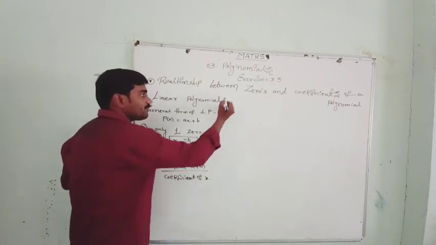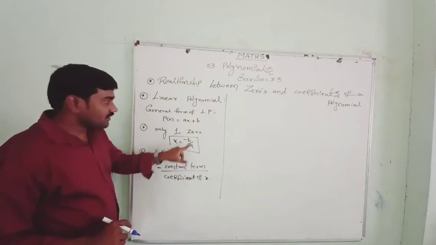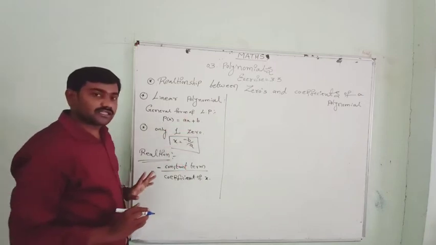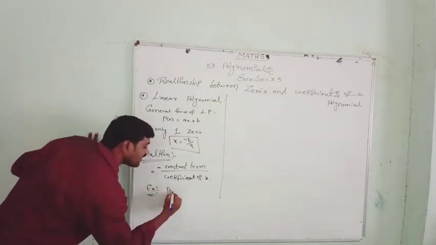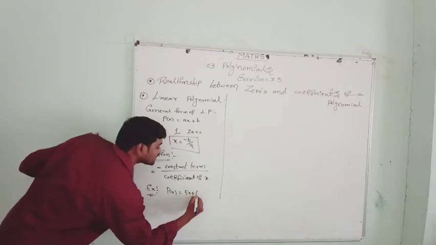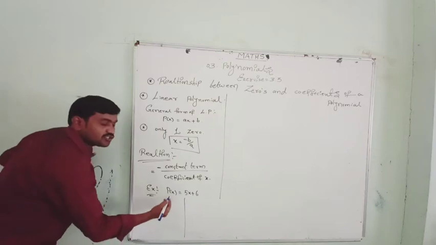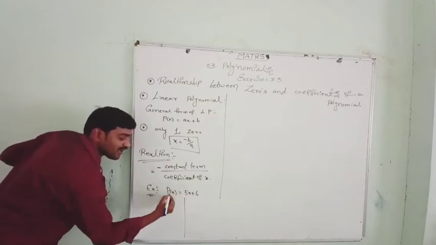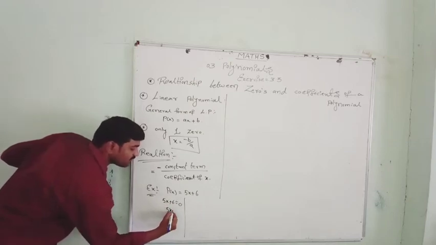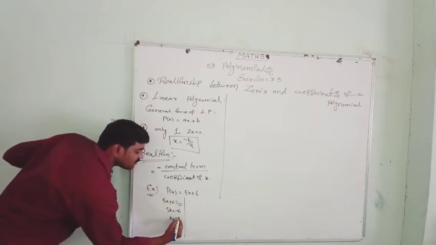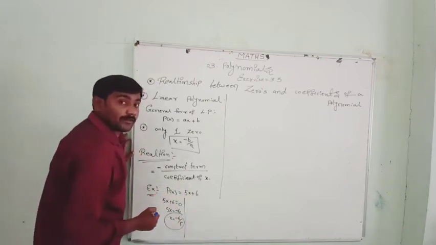It is clear. Now, by solving, whatever answer you get, directly by the solution we also get the same. For example, there is a polynomial p of x equal to 5x plus 6. By solving this, to find the zero of the polynomial, we put p of x equal to 0. Then 5x plus 6 equal to 0. Then 5x equal to minus 6, x equal to minus 6 by 5. So minus 6 by 5 is the zero of this linear polynomial.